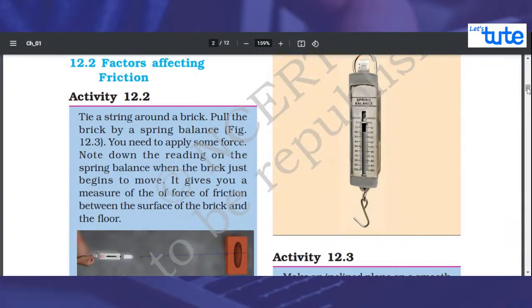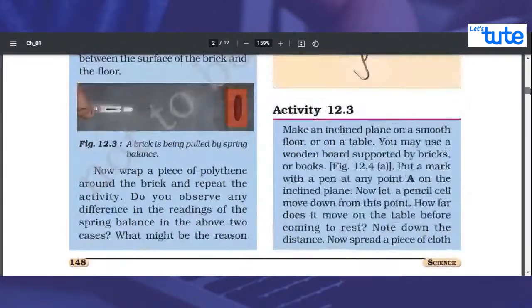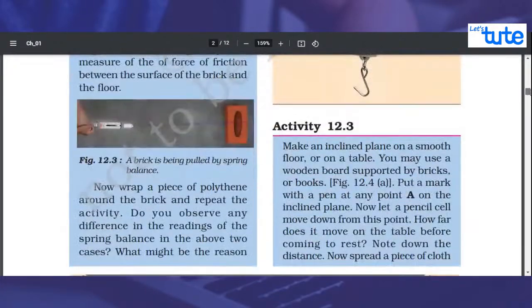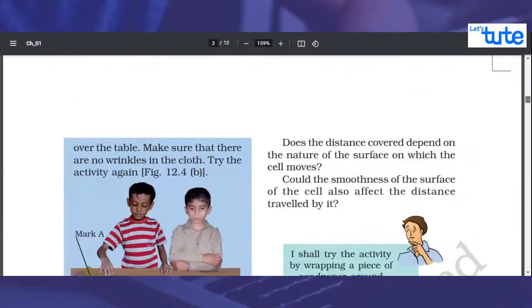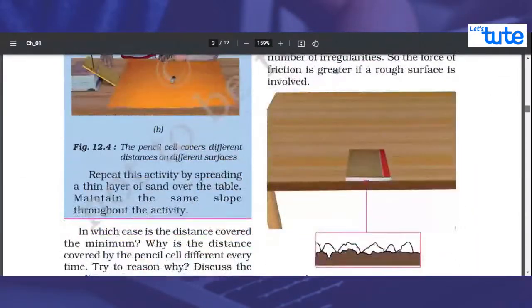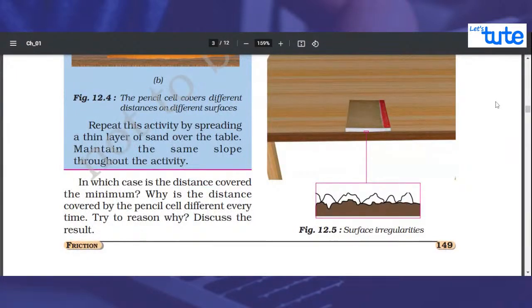So factors affecting friction. If you notice this, this is done. All of it is done. We've explained the grooves and ridges, so all of those concepts. For factors, why is it that on some surfaces you have to apply more force to push objects? For the sole reason that the surface has a lot of friction.